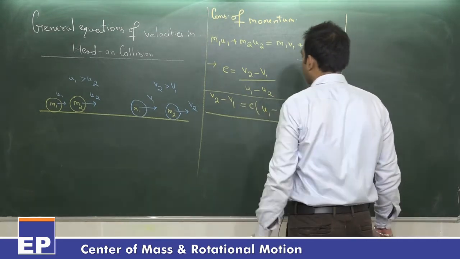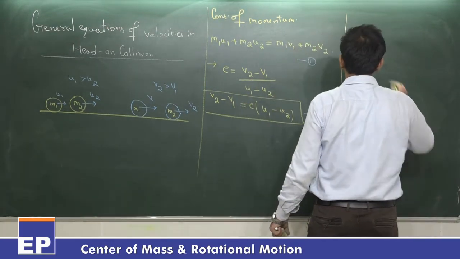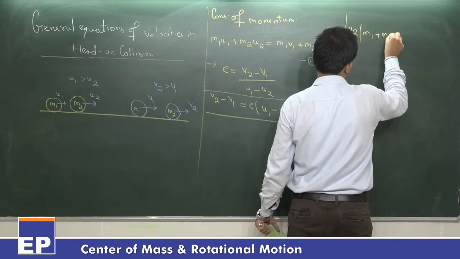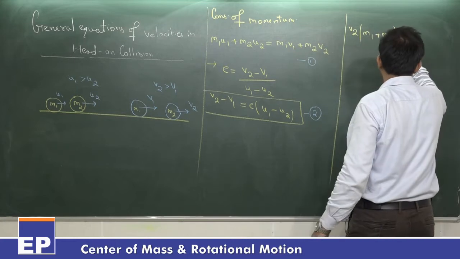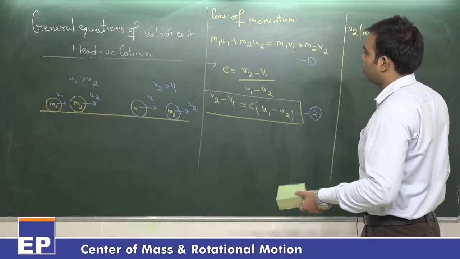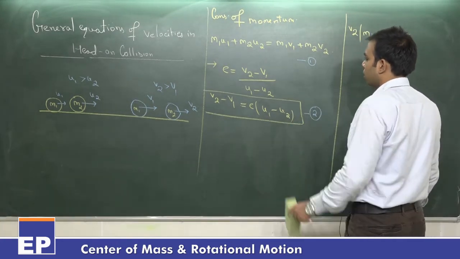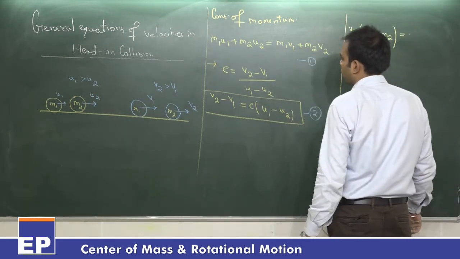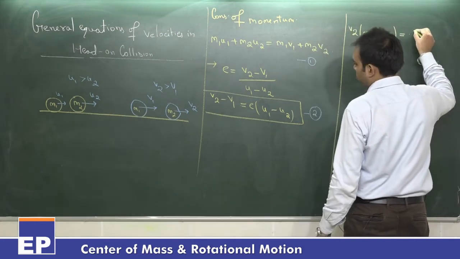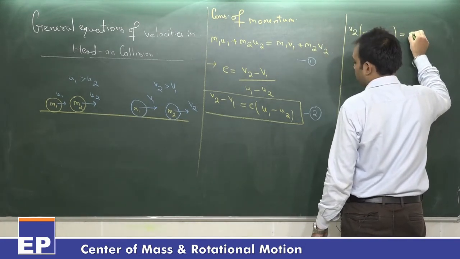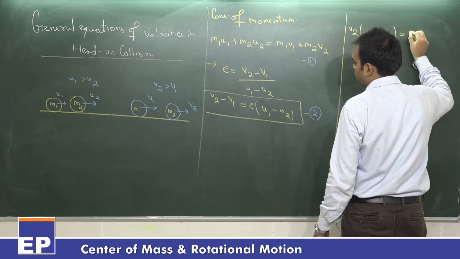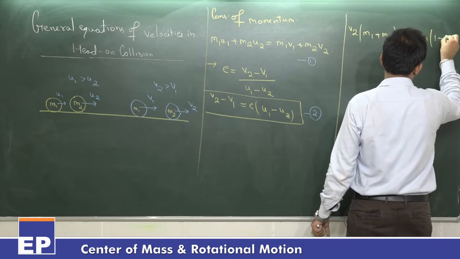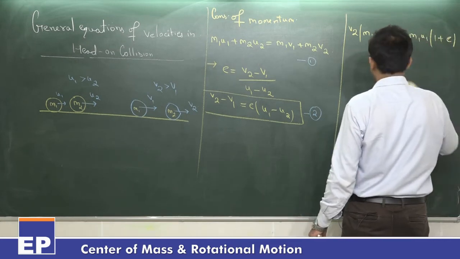M1 को मल्टीप्लाई करने से गायब हो जाएगा, वहां बनेगा M1 V2, यहाँ बनेगा M2 V2. तो V2 इज कॉमन, दैट विल बिकम M1 प्लस M2. राइट. अगर मैं उधर वाली टर्म्स को देखूंगा, उधर क्या बनेगा M1 U1 प्लस M2 U2, और यहाँ पर M1 की टर्म है तो यहाँ पर प्लस C की टर्म आएगी. दैट विल बिकम M1 U1, और ये क्या बनेगा M1 से मल्टीप्लाई करूंगा तो M1 इंटू E, तो E इंटू U1, दैट इज M1 इंटू U1, M1 इंटू E U1. तो M1 इंटू U1 will be common, that will become 1 plus E